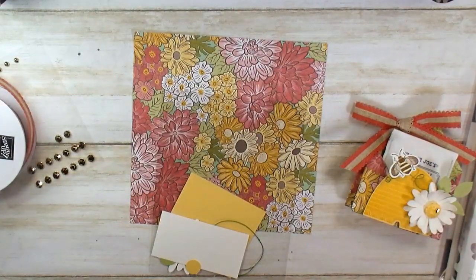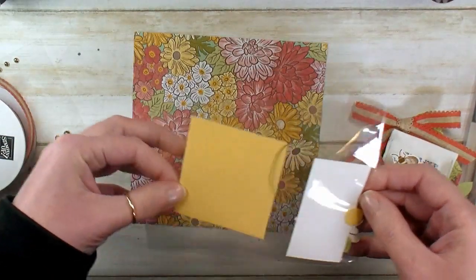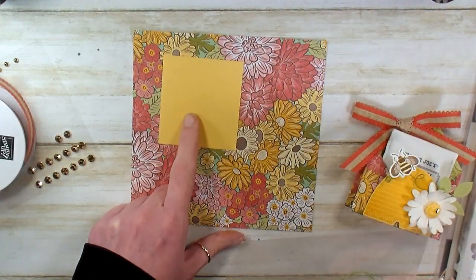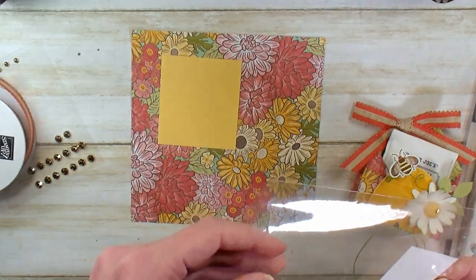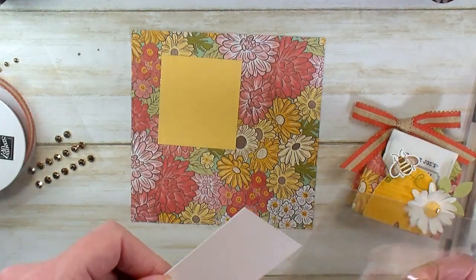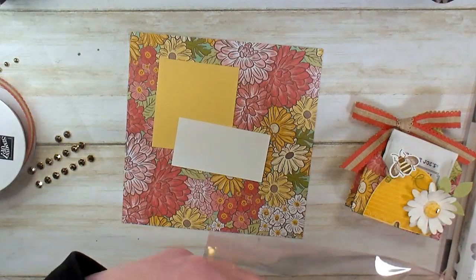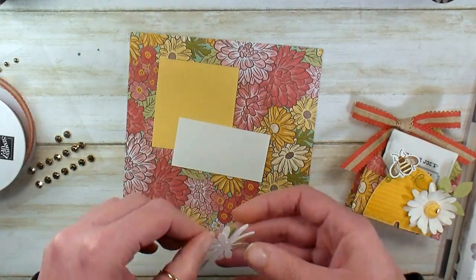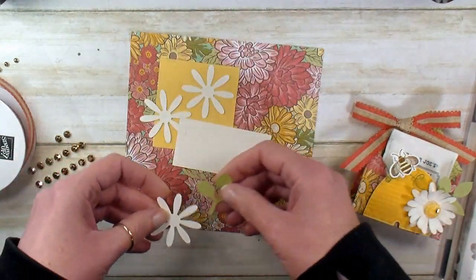And what you'll find inside is some saffron. It's about 2 3/4 by 2.5. Got a Whisper White piece. Use your scraps here. This is about 3 by 1.5. We've got 3 medium daisy punches. We did this one for you, but of course you can get that medium daisy punch on